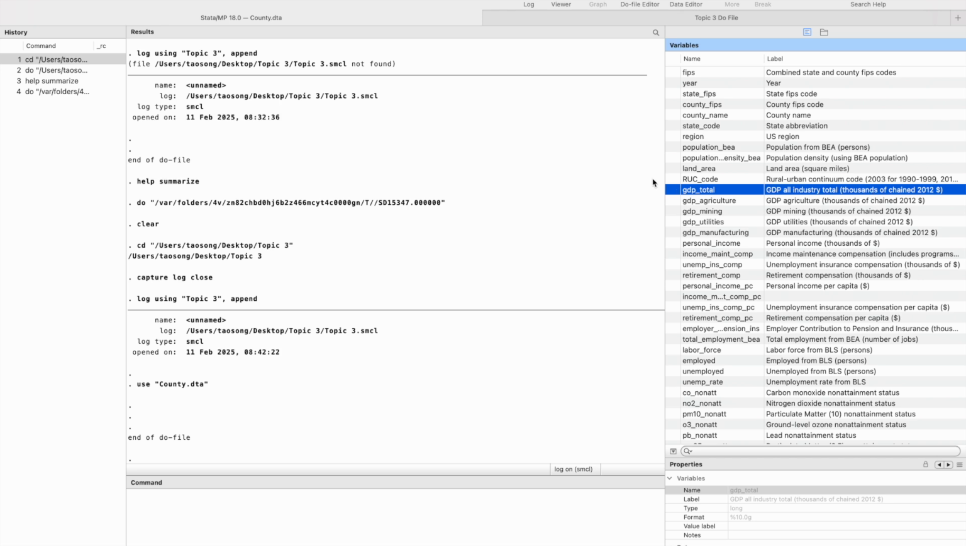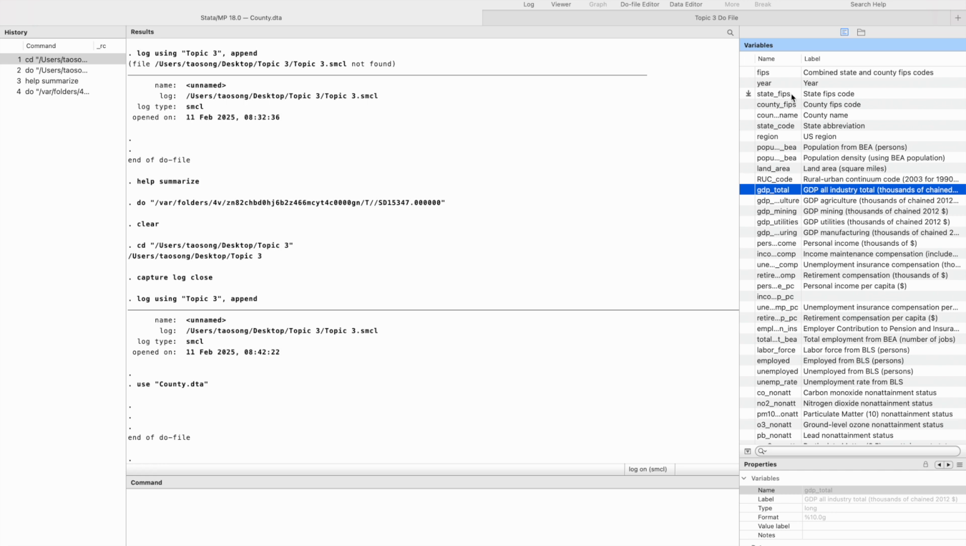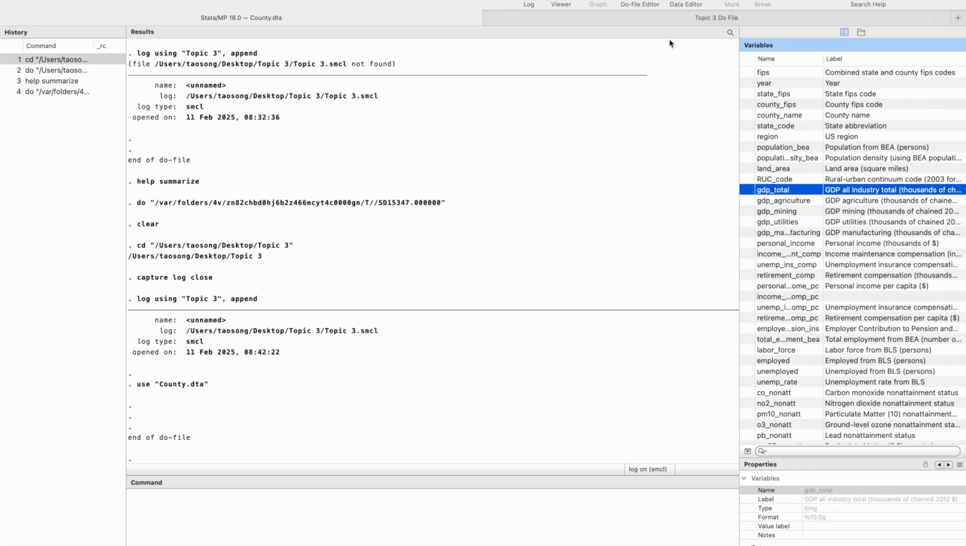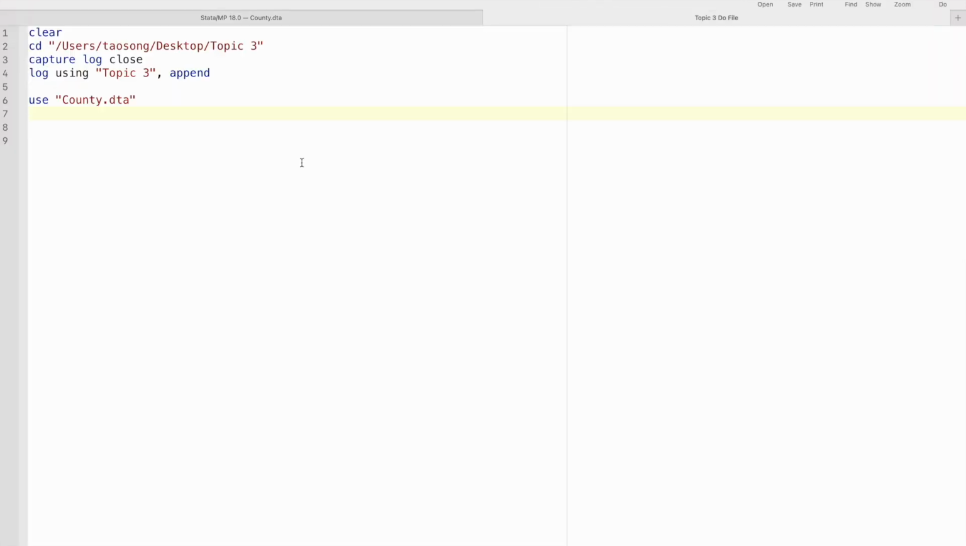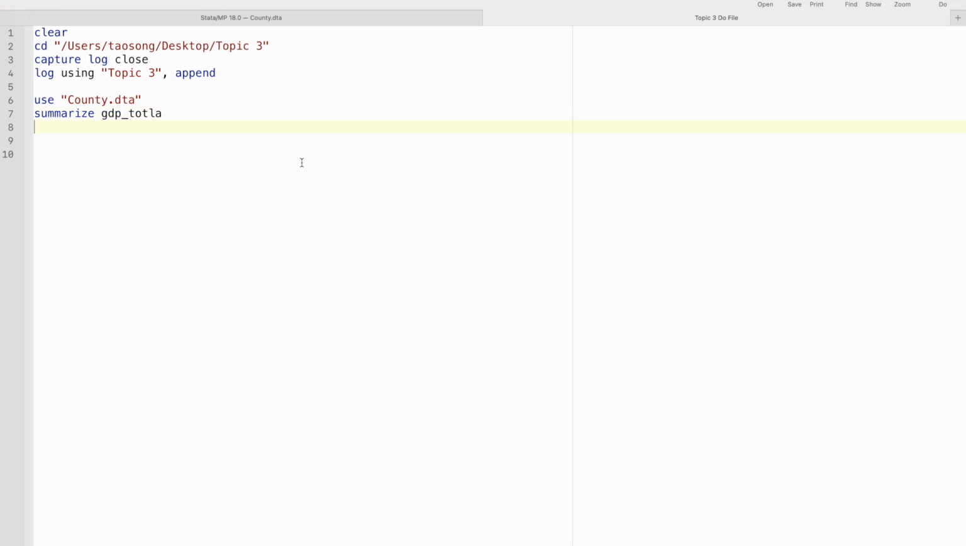It's always important to look at the label of a variable to know exactly how the variable is being measured and being defined. Okay, so now I'm going to learn how to get a summary statistic of the GDP total. Very simple. Just type summarize GDP underscore total. And if we click do,